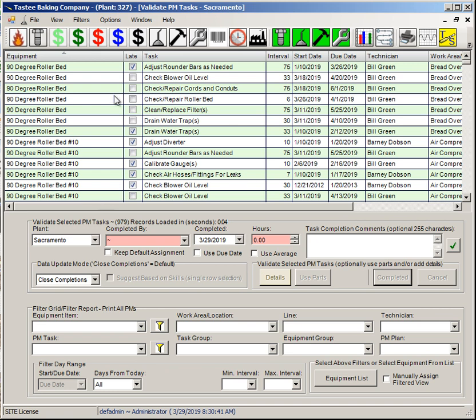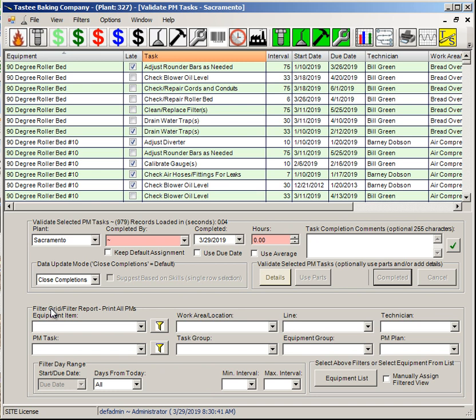Alright, so let's look at this screen. We have the data grid at the top, and this is going to be all of our PMs. And then down below there we have a framed in area. This is for closing or validating PMs. And in this case, what we'll do is select certain PMs and then give them some hours and close them out. This will be covered in detail in the next video. We also have this area down here that we're going to look at today, and this is just strictly for